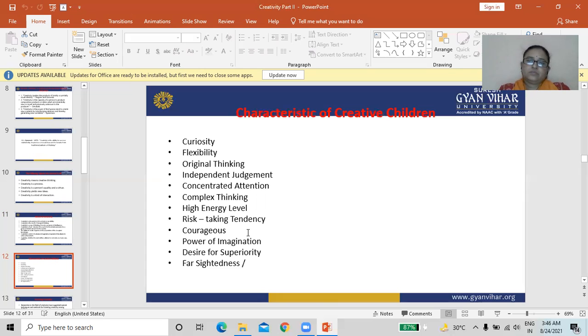Flexibility. The next characteristic of a creative child is flexibility. Original thinking. Next, independent judgment. Concentrated attention is the next characteristic of creative children.